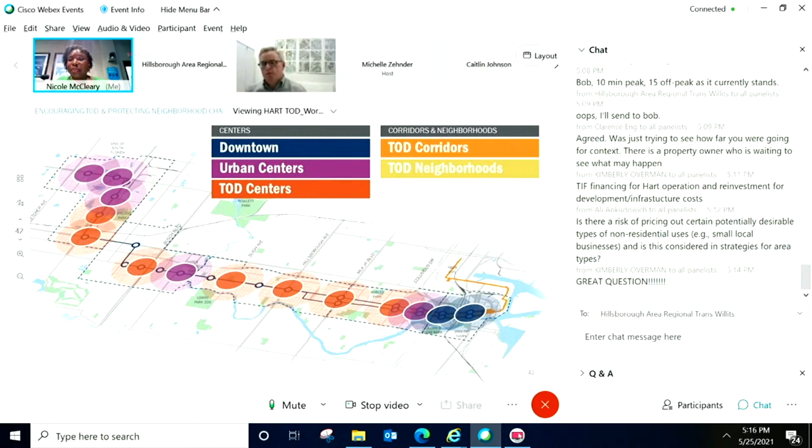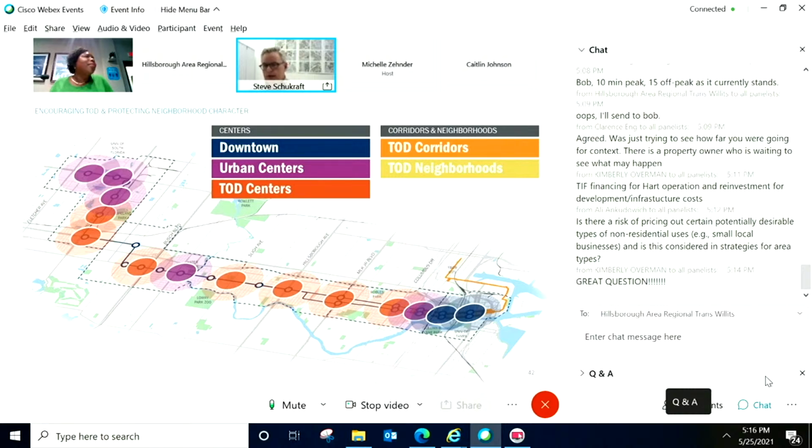Yeah, Allie, that's something that we have assistance from SB Friedman and Associates as well as Street Sense to look at, the impacts of the project on existing businesses and the potential mix of development along the corridor.